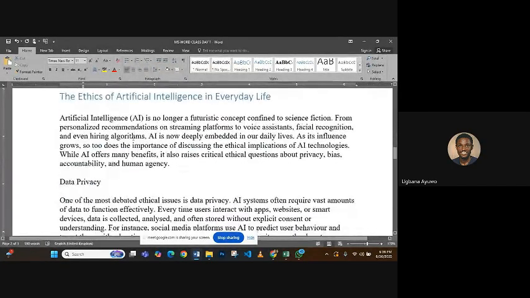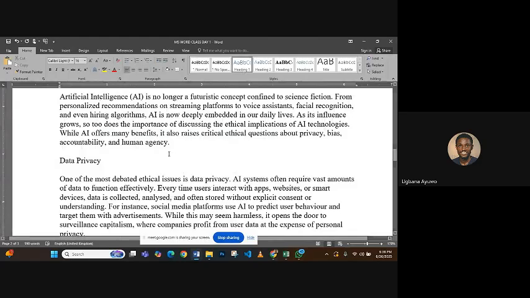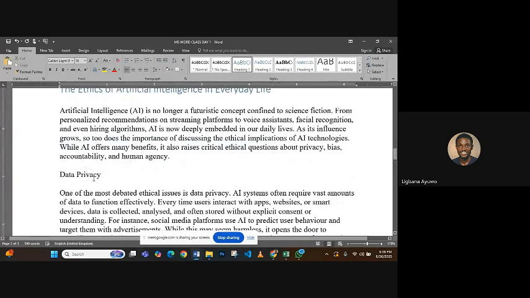All right. Now, let's come to ethics. The ethics of artificial intelligence in everyday life. You click on that and click on heading 1 on the mouse. That changes the text to blue. Now come to data privacy, click on that and click